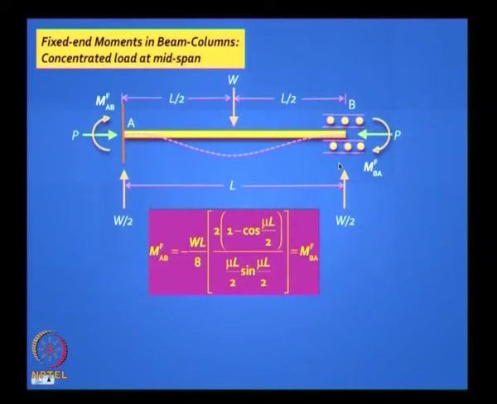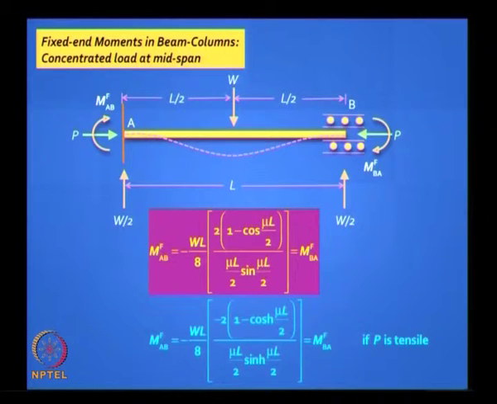Now if you have a force P acting, that fixed end moment gets affected. The default value is WL by 8, you know that, okay. Default value is WL by 8, left side will be anti-clockwise, right side will be clockwise, right. That gets multiplied by a factor which you can see in those box brackets, which is a function of mu L. Mu L is the square root of PL squared by EI, right. So you have a ready made formula, there is a derivation for this, it is all described in the book, but let us just use the formula when we need to do it.